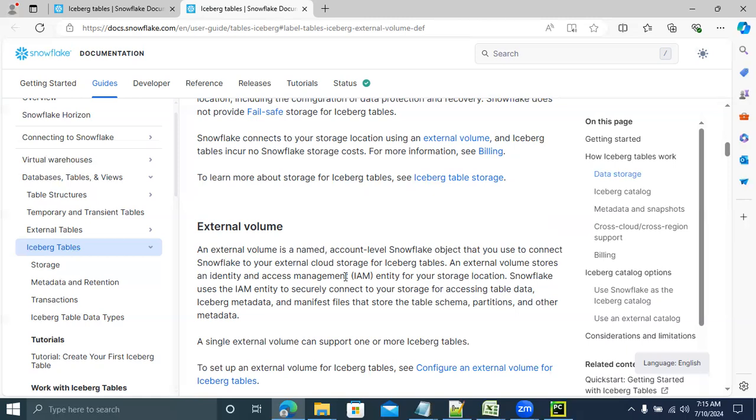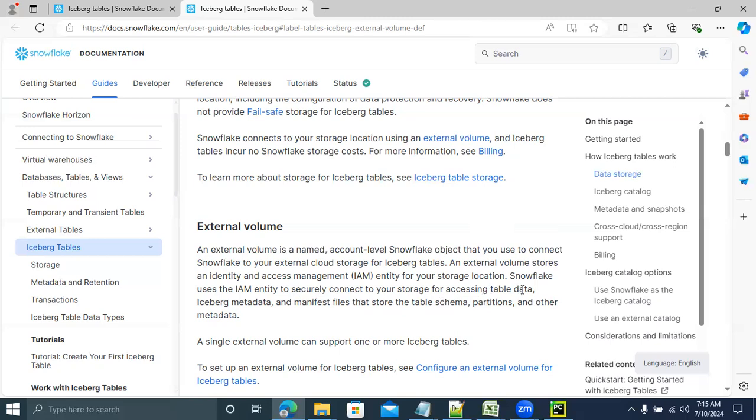To access that data, we need credentials, and all credential information will be available in this IAM. If you want to connect to the cloud storage, you need the external volume.